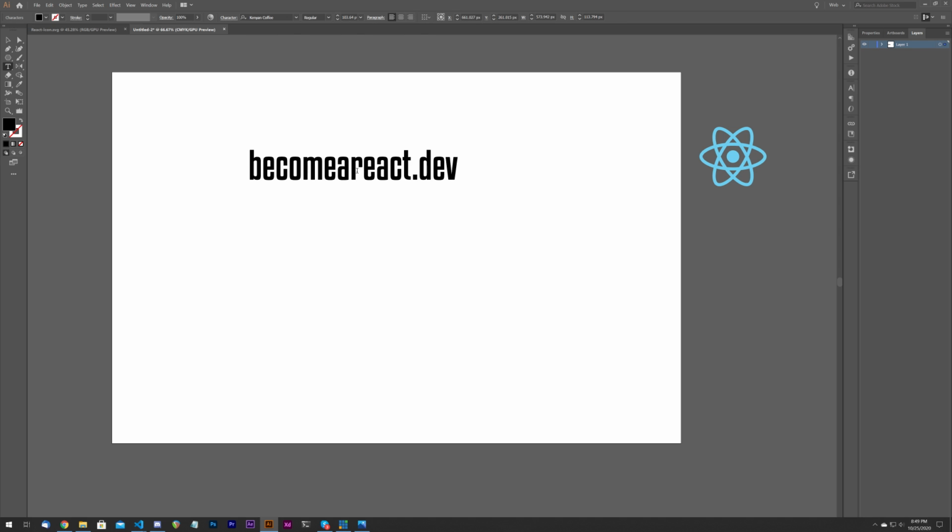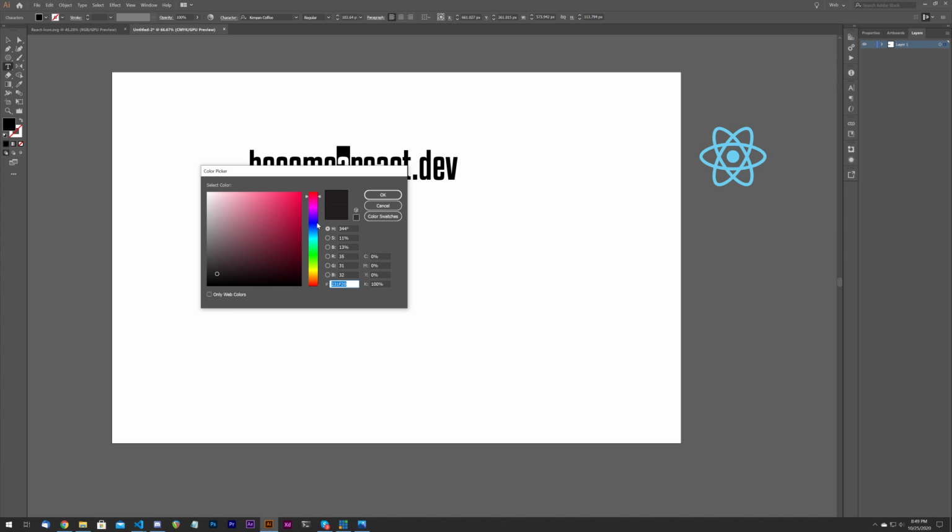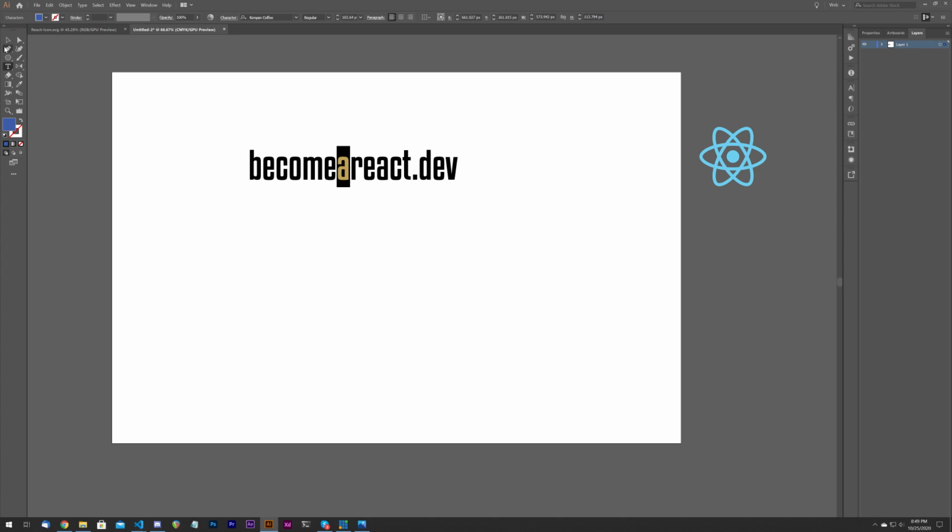For instance, color is the first thing that comes to my mind. You could just change one of these to a certain color, like the A, and that separates that out, you know, so like we can make this blue or something like that. That's one way to kind of separate the words out visually. Another way, which I think is the approach that I will take, is what we'll do is